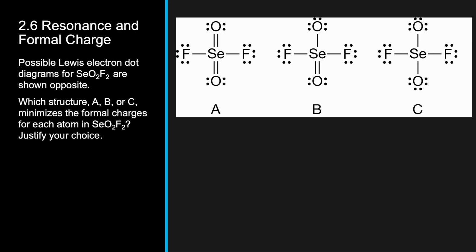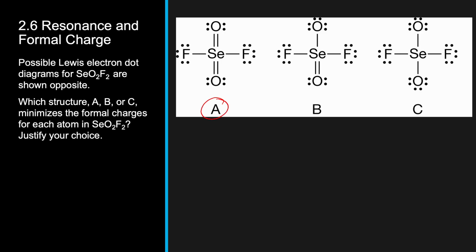On this first molecule, our fluorines are supposed to bond with 1 bond and 3 lone pairs, and both of them have that. Oxygen is supposed to bond as 2 lone pairs, 2 bonds, and both of them have that. Selenium has 6 valence electrons, so that is not bonding how it's supposed to. However, if we calculated formal charge, 6 valence electrons minus 6 bonds gives that a formal charge of 0. So A is most likely going to be the answer